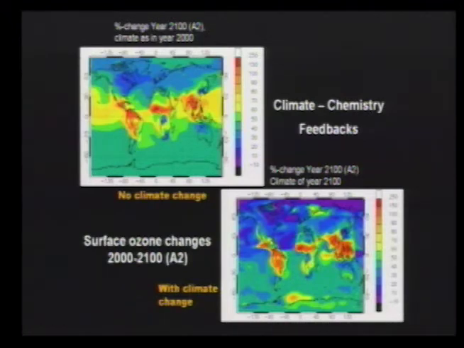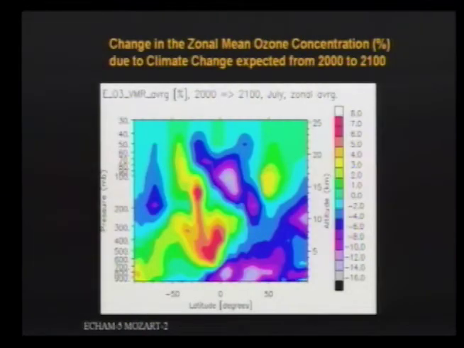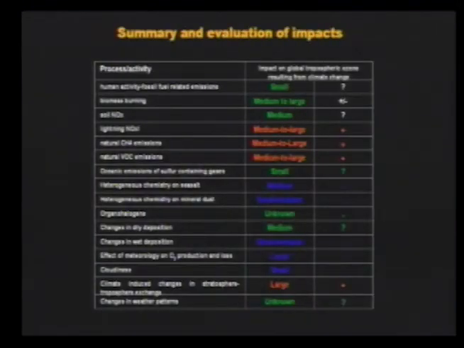And you see that in this case, at the surface, the future ozone increase is lower than it is here, and in fact we have a decrease that is more marked when the climate feedback is taken into account than when it is ignored. And this is due to the fact that you have more humidity and more destruction of ozone, but this is not the case everywhere. You see here the decrease due to the water vapor increase. This is an increase in ozone associated with the increase in lightning, but this is very model dependent, and I'm sure other people find different results.